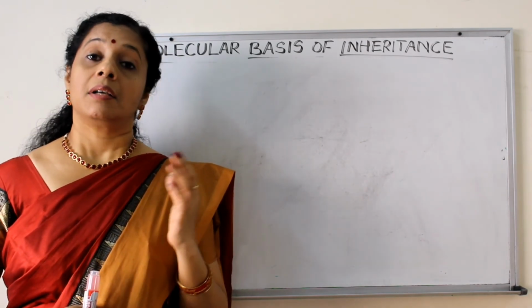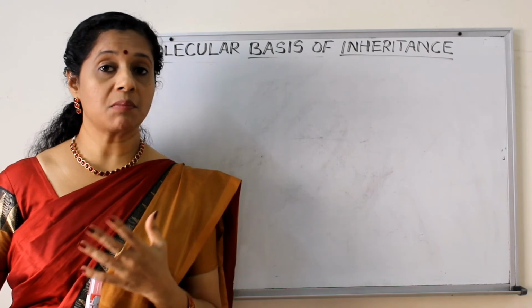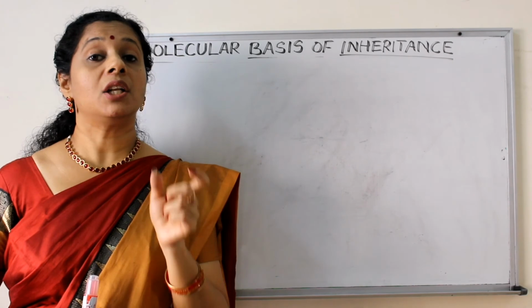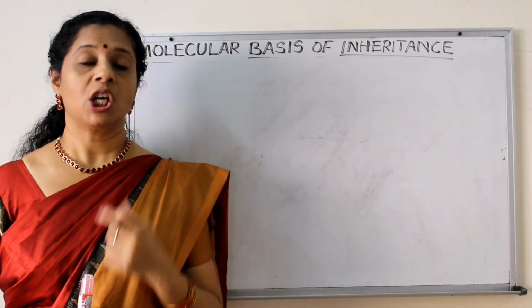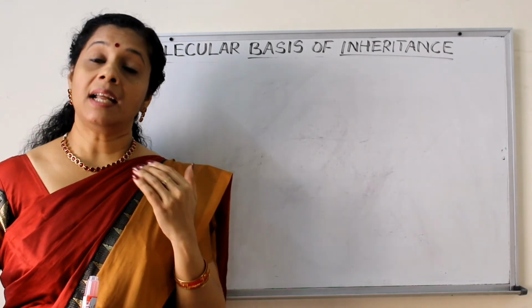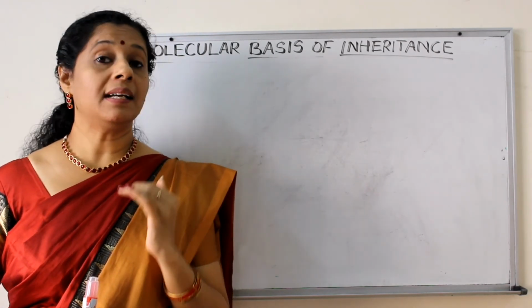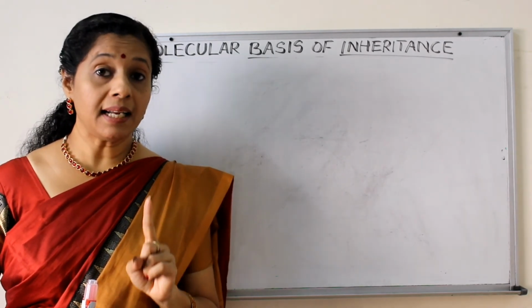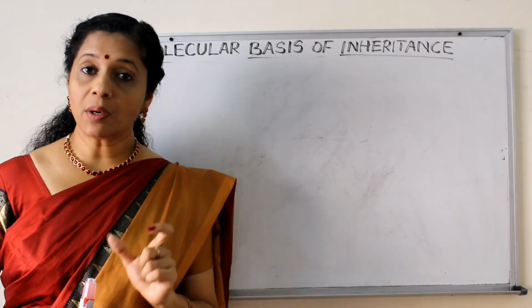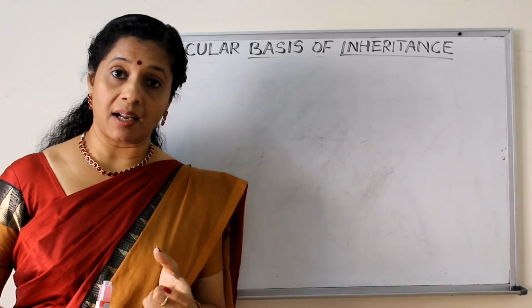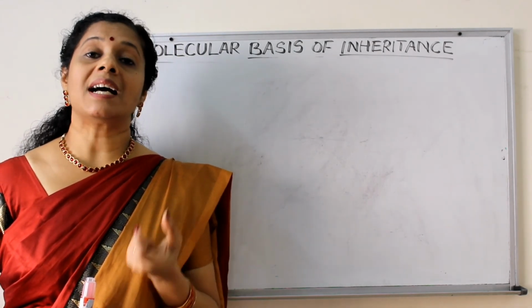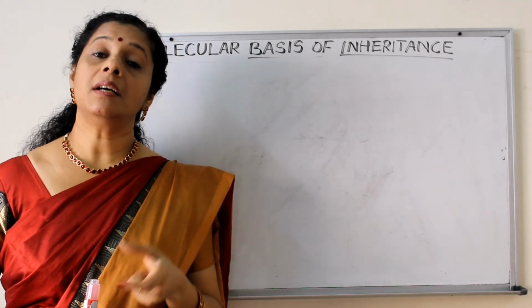Another difference is eukaryotes have split genes. What are split genes? They have exons, the coding sequences, intervening with the non-coding sequences or introns. So, when mRNA is transcribed from that structural gene, the mRNA also has exons and introns. So, the mRNA needs to undergo certain processing to become the mature RNA. So, now what we got is the precursor of mRNA called the hnRNA or heterogeneous nuclear RNA. Now, it has to undergo processing to become the mature RNA.